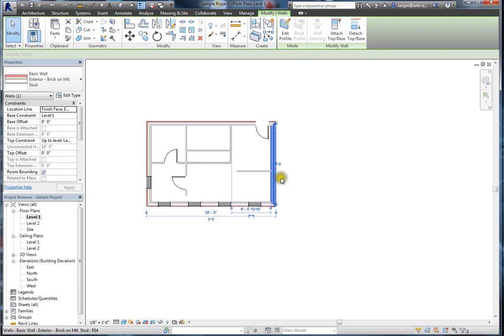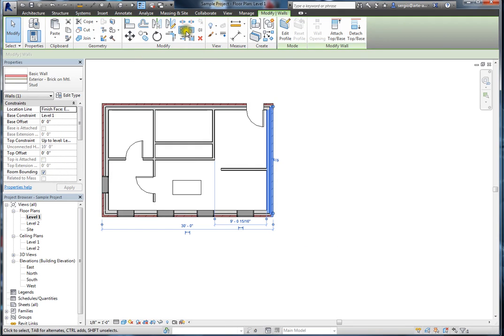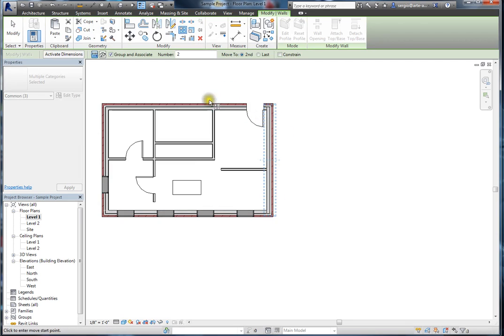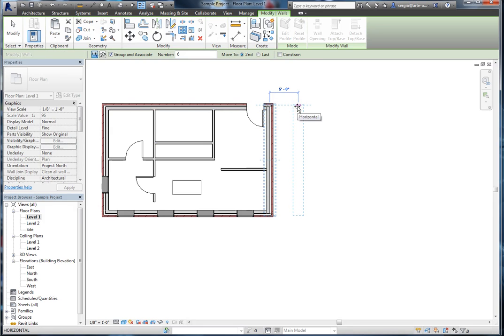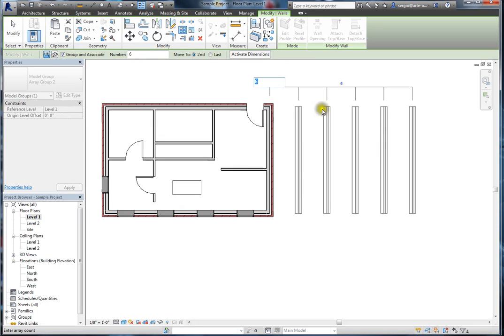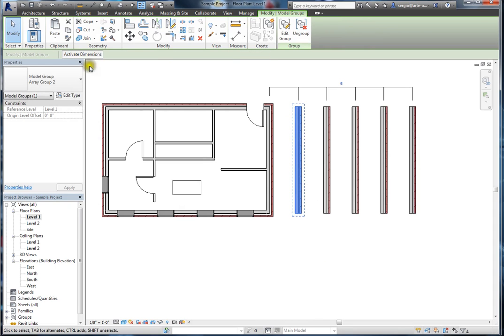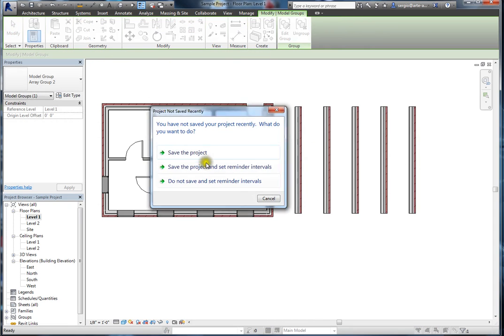If for whatever reason I wanted to do an array of that wall, click on array, and it's linear. And I'm going to tell it, let's do 6 of these walls, and I'm going to move to the second point. So I'm going to click on my first point, and then my second point, my temporary dimension says it's 5 feet. So if I click, every 5 feet is going to do that wall, arrayed 5 times,